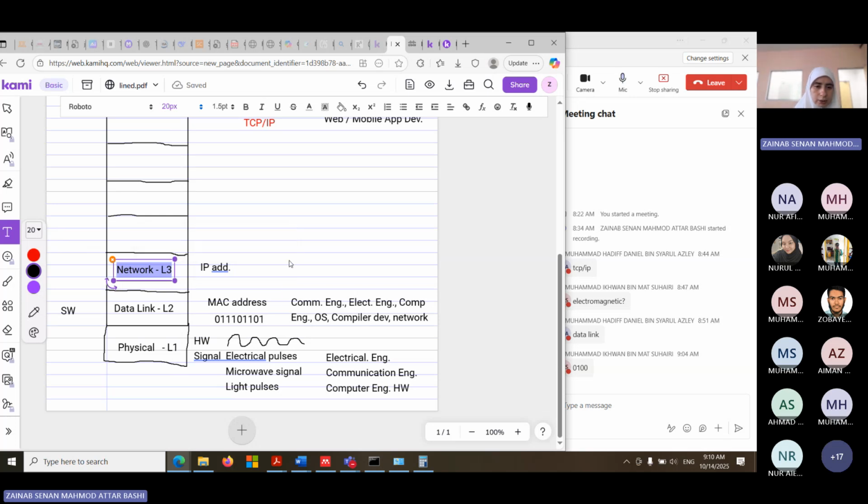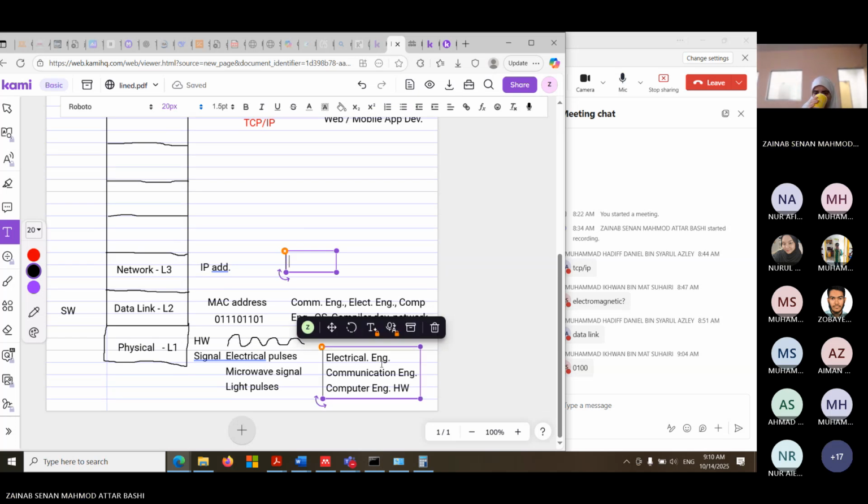Now for the network layer, who will study it? Do you think electrical engineers need to study networking? Yes or no? What do you think? No, they don't need to study it. Communication engineers? Yes, a little bit, just basics only.